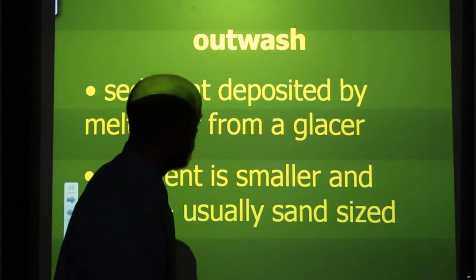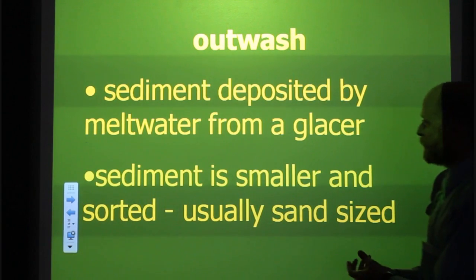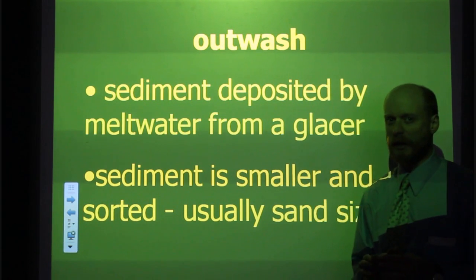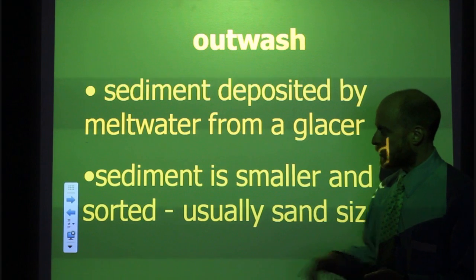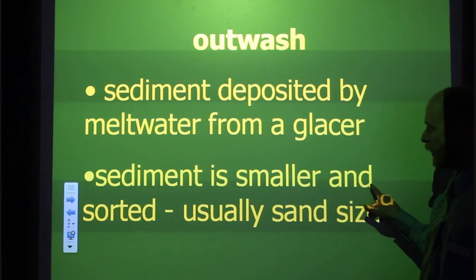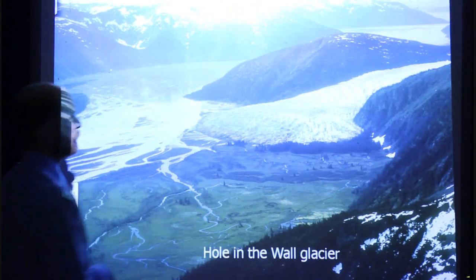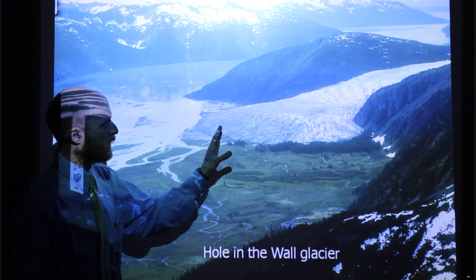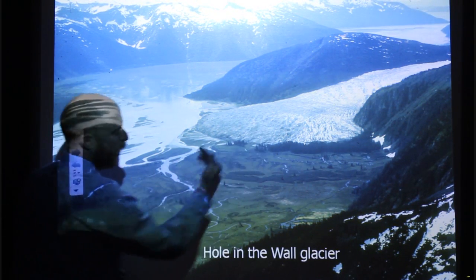Okay? Here we go. Glacial outwash is sediment deposited by the meltwater from a glacier. So now this is where it gets a little more complicated, because unlike glacial till, this sediment is smaller and sorted, usually sand size. So, if you look at this picture here, the hole-in-the-wall glacier, which is in Alaska, this glacier is kind of melting back, and a lot of water is coming off, and this water is then